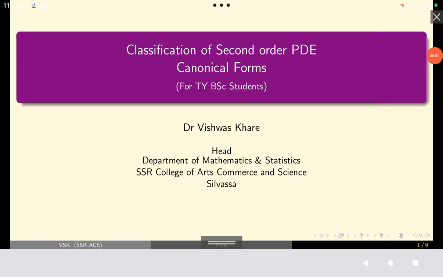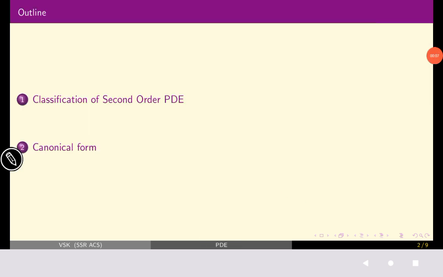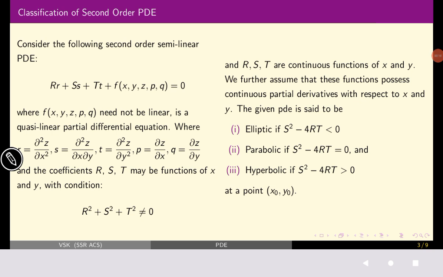The topic of this lecture is classification of second order PDE and canonical forms. We'll cover these two points in this lecture: classification of second order PDE and canonical forms. So let us start. Consider the following second order semi-linear PDE, which is given by this,